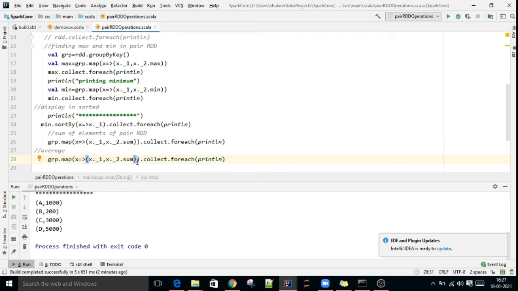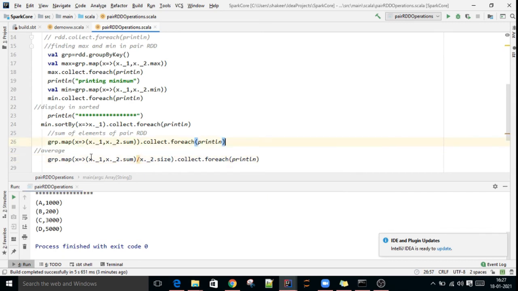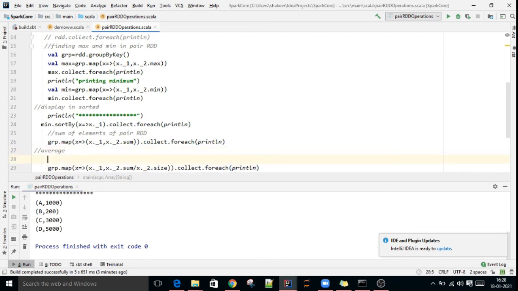Average means the total divided by how many elements there are, the size of that group: the sum divided by x._2.size. There was a syntax error. So println average.